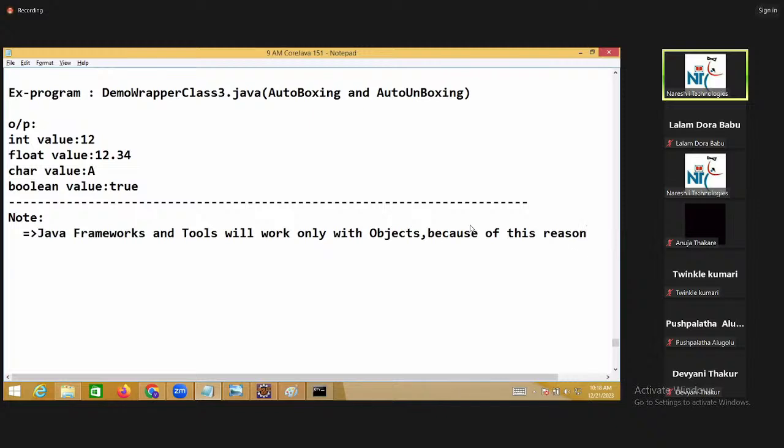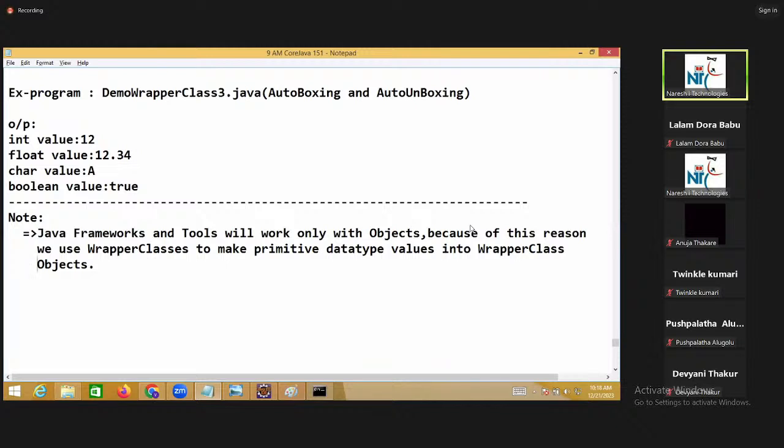Wrapper classes will make primitives into objects. Because of this reason, we use wrapper classes to make primitive data type values into wrapper class objects. That is the reason. Remaining all are objects only; primitive values are not objects. So we are converting those values into object forms.